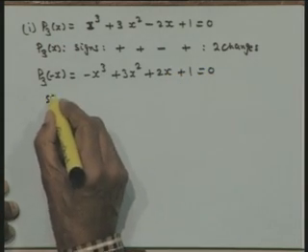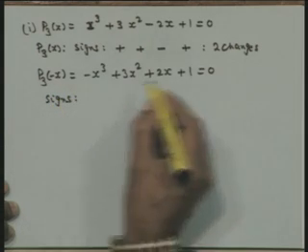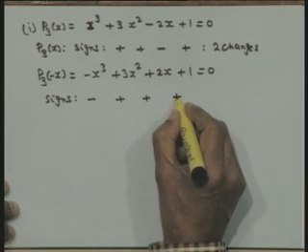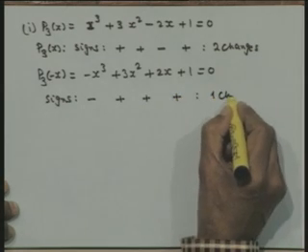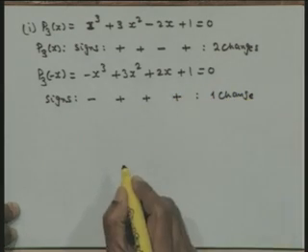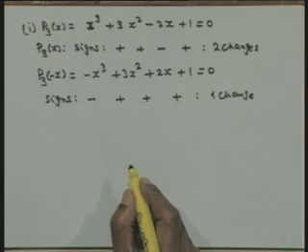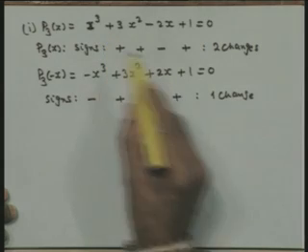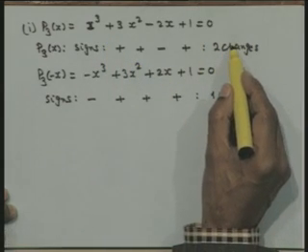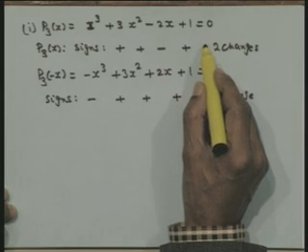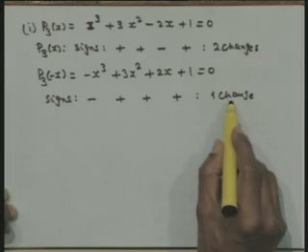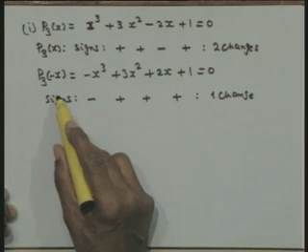Now I will look at the signs of the coefficients of this particular polynomial. So I have a negative sign, plus sign here, plus sign here, plus sign here. So I have got 1 change of sign here. Therefore we conclude that this polynomial has got 2 positive real roots or 0 real positive roots, and 1 complex pair, and definitely 1 negative root.